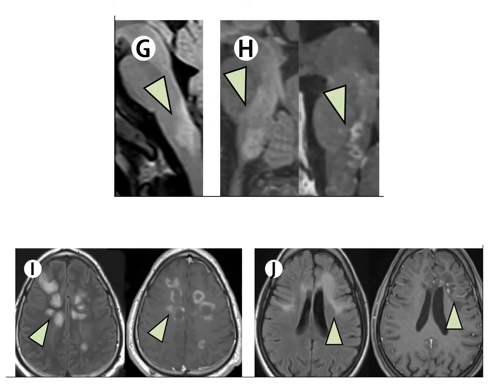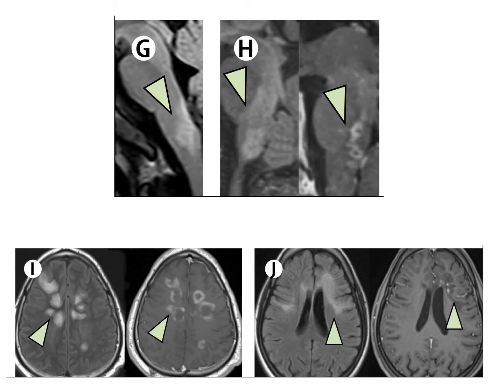There are some other typical changes here in G and H. You can see some inflammation. This is now looking sideways on in the brain at the brain stem, and you can see some inflammation here in H, which is due to the bug Listeria, often from unpasteurized dairy products. And then in I and J, you can see these inflammatory demyelinating conditions which can mimic encephalitis,